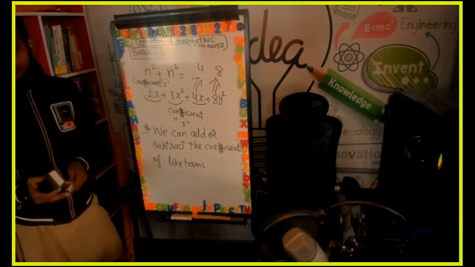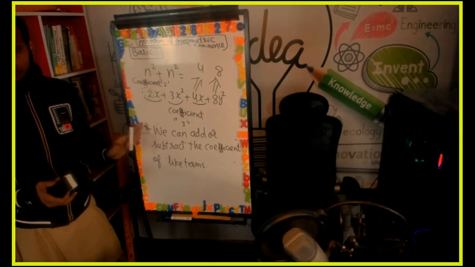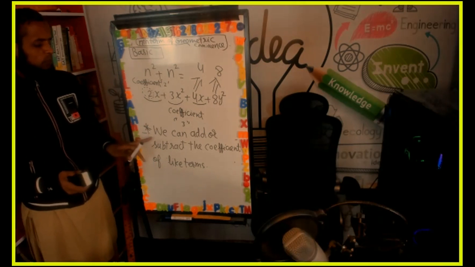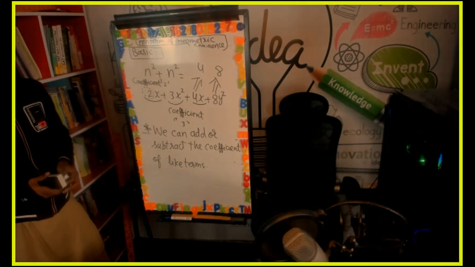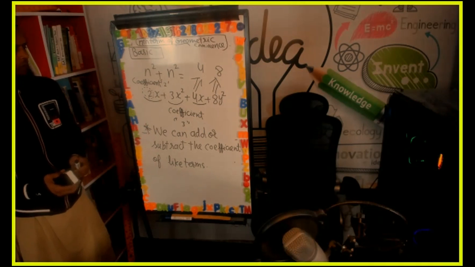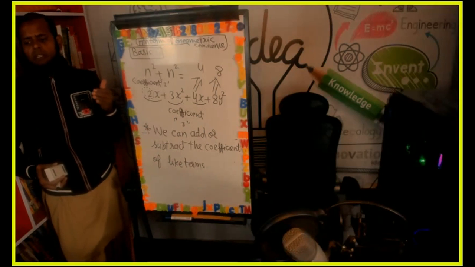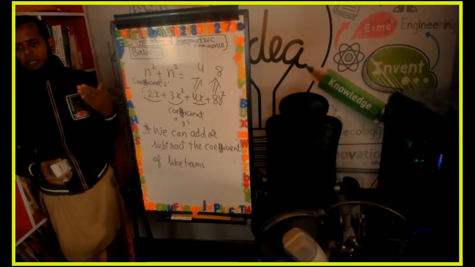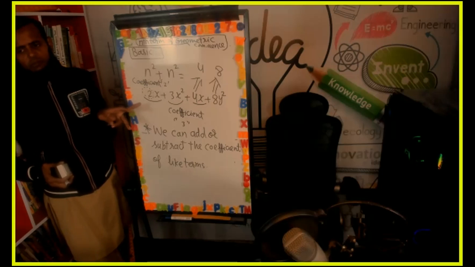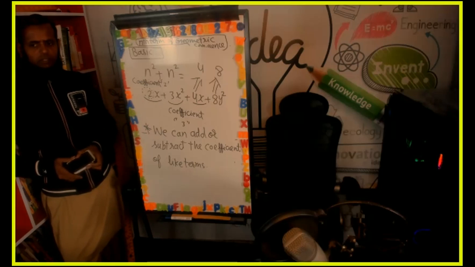Are you writing? Fine. Yes, wait, it is almost completed. This is important. You should make the concept. You should also write: like terms are terms with the same variable and same power, but they may have a different coefficient. The coefficient may be different, but their variable and its power will be the same.